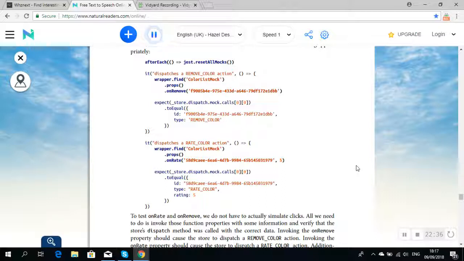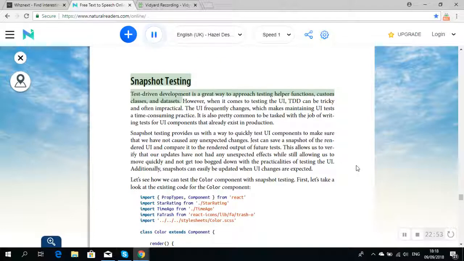The ability to easily inject mocks into the modules that we want to test is one of Jest's most powerful features. Mocking is a very effective technique for focusing your tests on the SUT. Snapshot testing. Test-driven development is a great way to